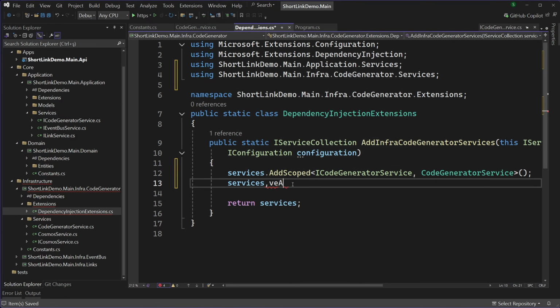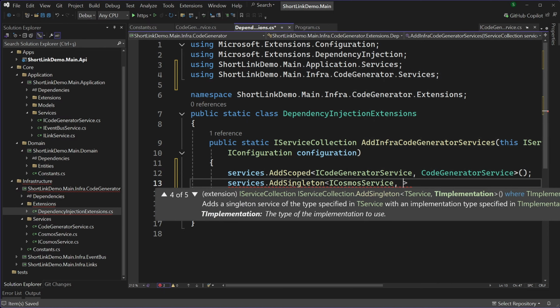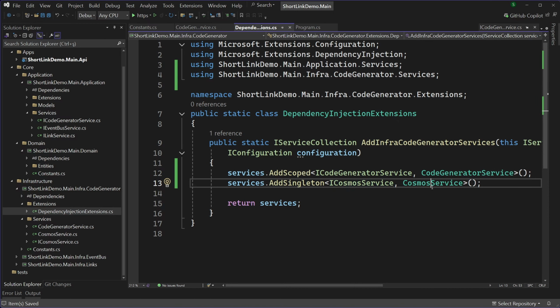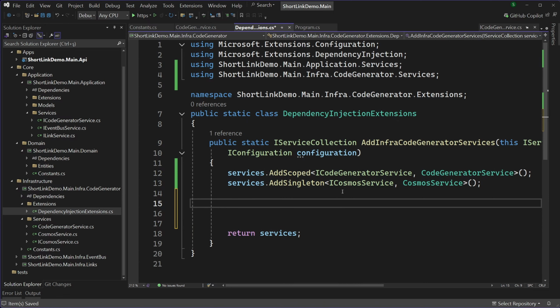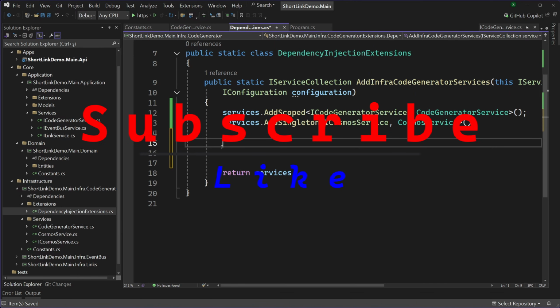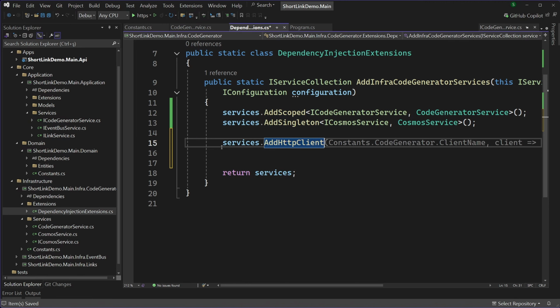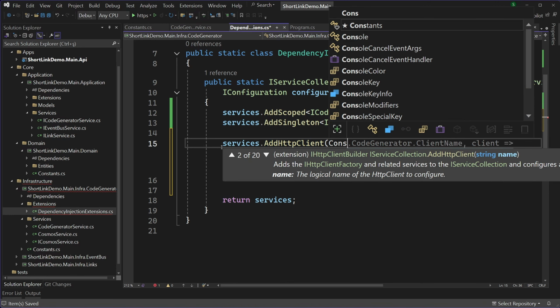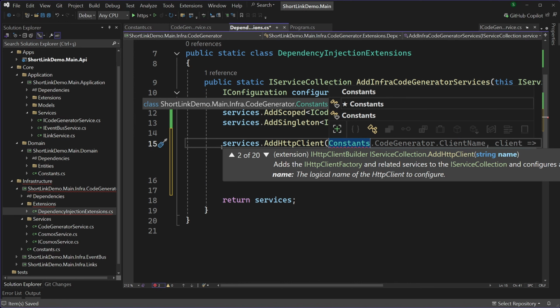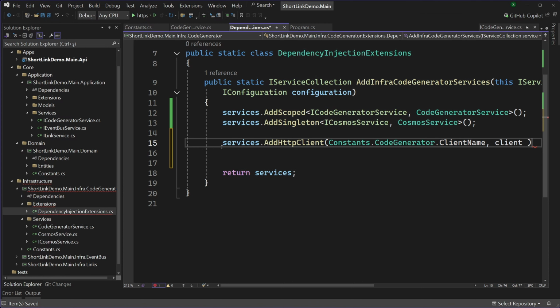And then services add singleton, where I can inject Cosmos service. Okay, it's injected as singleton because the Cosmos basically is a singleton behind the scenes. And this is now where I need to inject my HTTP client. So for example, I can say services add HTTP client, and the name should match the one that I've already created, constants, code generator, client name. And the client that I will be configuring